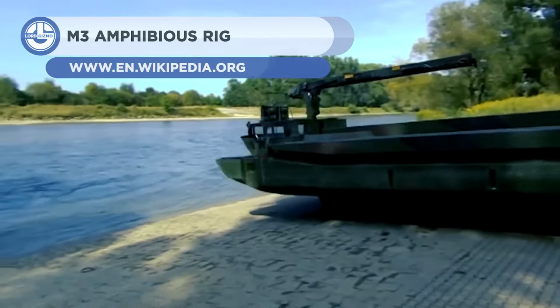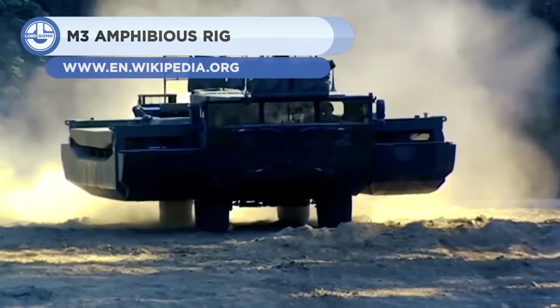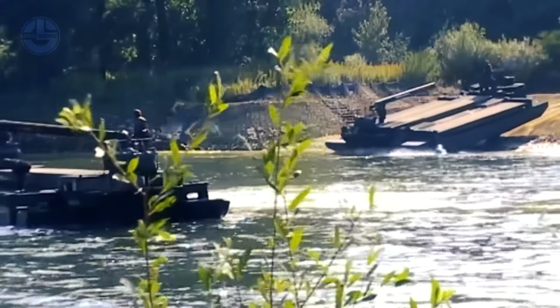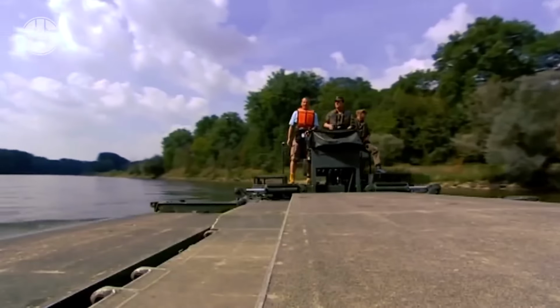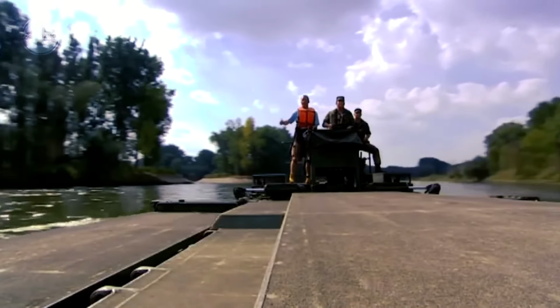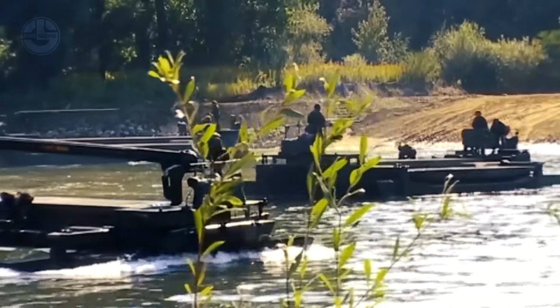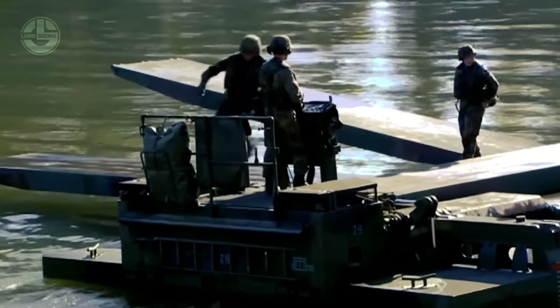Next, we have the M3 Amphibious Rig. This amphibious vehicle was developed by the German firm Essenwerk Kasselotten EUWK. Its creation commenced in 1982 and a prototype was handed over in 1992. The M3 can go on land using its 4 wheels and cross water using its 2 massive aluminum pontoons. 2 fully swiveling pump jets drive and guide the M3 at speeds of up to 14 kilometers per hour through